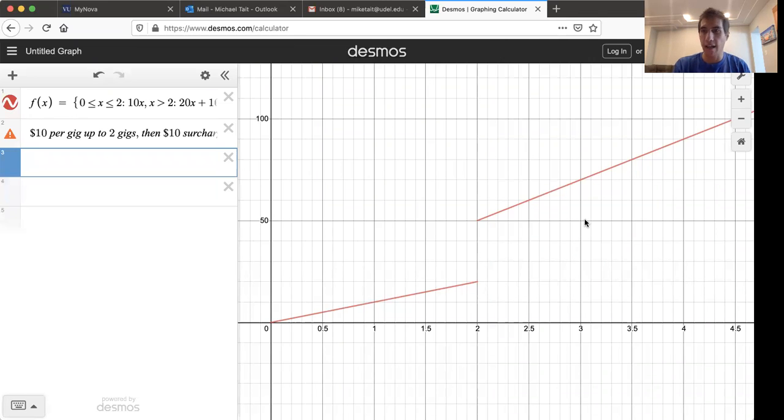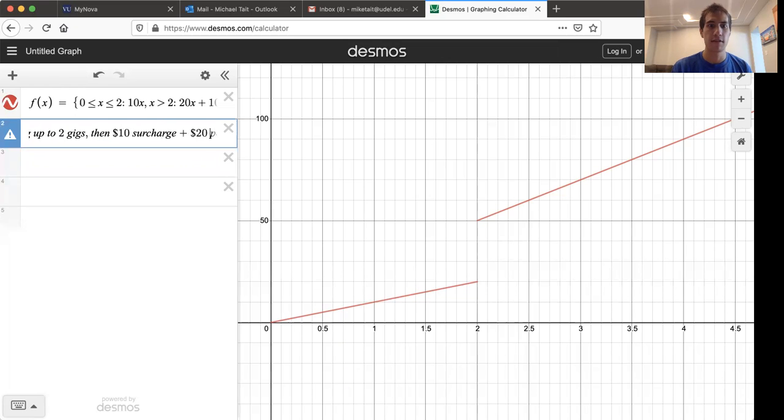Okay, I want to give an example of a limit that exists and a limit that does not exist. So in this example, I'm representing the amount of money you pay for your data on your cell phone. Here, x is representing the data that you use, and the pricing plan is that the plan costs $10 per gigabyte, up to 2 GB. And then there's a $10 surcharge. So if you go past 2 GB, you get charged an extra $10, and then after that, it costs $20